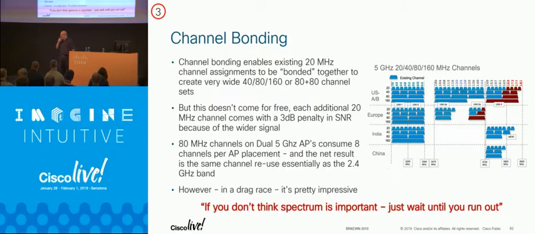So channel bonding has a limitation in the amount of spectrum that we have available. And that spectrum is very precious to us. I mentioned already that we've got LTE moving in there. So we got to be concerned about how we use it. Again, if you don't think spectrum is important, wait till you run out. Anybody ever run out of spectrum? Does that happen at a convenient time? No. And it ends things.